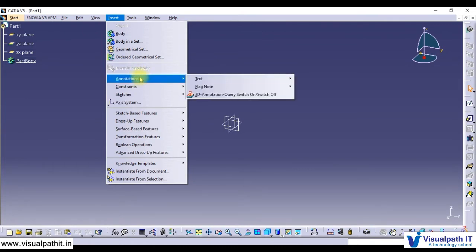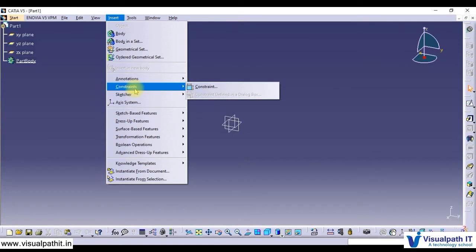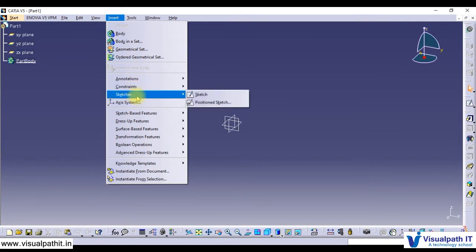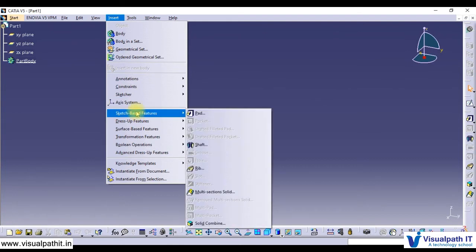So here you can see everything: do you want to add text with leader, model based text, any flag notes, any constraints? Do you want to add any sketch, any coordinate system? These are all the sketch based features.